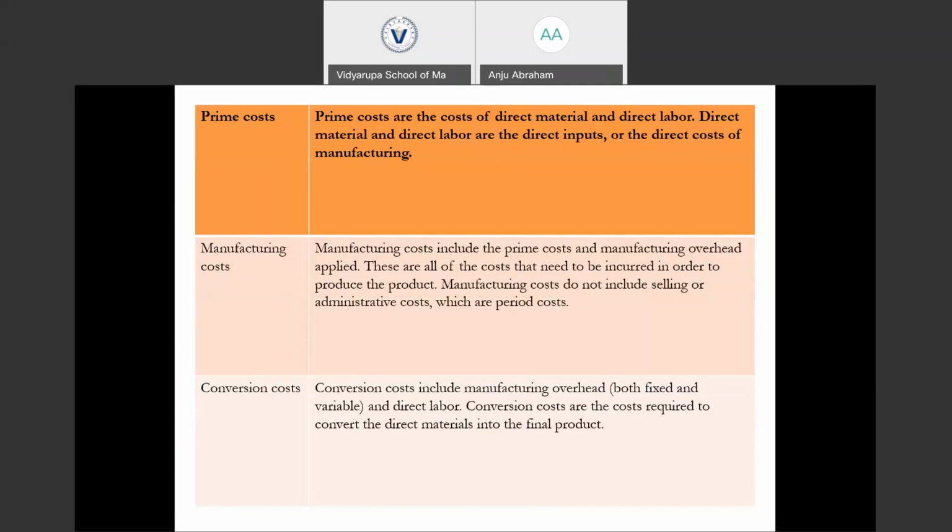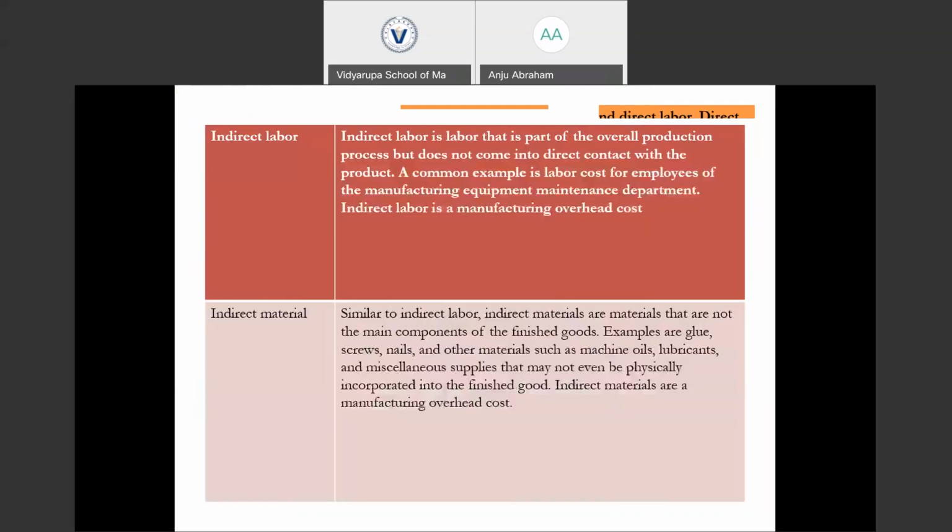So conversion cost equals manufacturing overhead plus direct labor. Manufacturing cost includes the prime cost as well as the manufacturing overhead, or conversion cost plus direct materials. Manufacturing cost can also be called product cost, because all the costs, including direct material, direct labor, and manufacturing overhead, are manufacturing costs. So these are the various classifications of the cost.